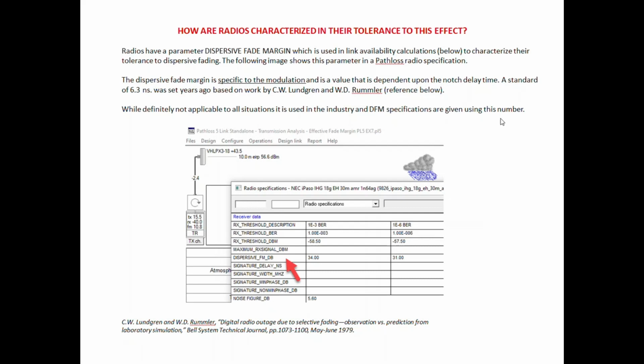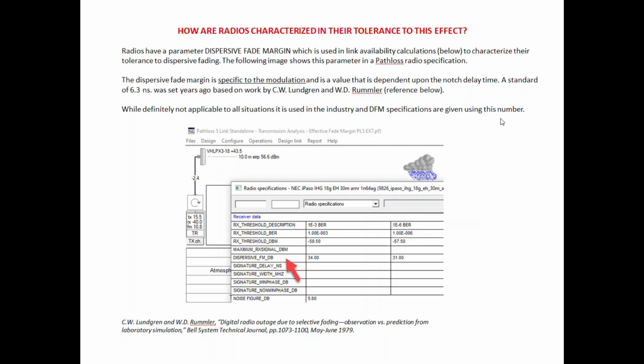At the time, these were for long-haul radio links, which was pretty common for long-distance telecommunication, and it became a standard. So radio manufacturers who publish dispersive fade margins use this 6.3 nanoseconds, and it is as a result used in